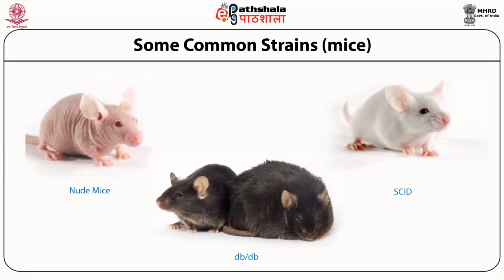These are some of the immunocompromised mice and some of the mutated mice. The first one is the nude mouse, where the T cells are completely depleted and the mouse doesn't produce T cells. The other mouse is SCID, what we call a severe combined immunodeficient mouse model, which lacks both T and B cells. These two models have wide application in cancer, gene therapy and stem cell therapy research. Below, what you see is a db/db mouse. It is a mutated mouse where the leptin gene is mutated, so the mouse becomes obese and develops diabetes, and this mouse model can be used for diabetic research.